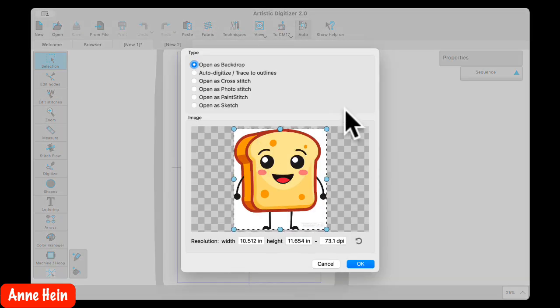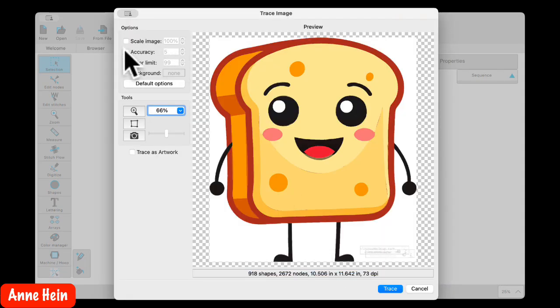It opens up in the window, so you can pick your choices of how you want to convert this design. And so I'm going to show you, we're working with Hide first. So I'm going to do auto digitize, and I'm going to click OK here. And then I'm going to put my accuracy there. And I'm just going to click on the color limit, just leave that there. Now, if you didn't click on the color limit and I said just trace,